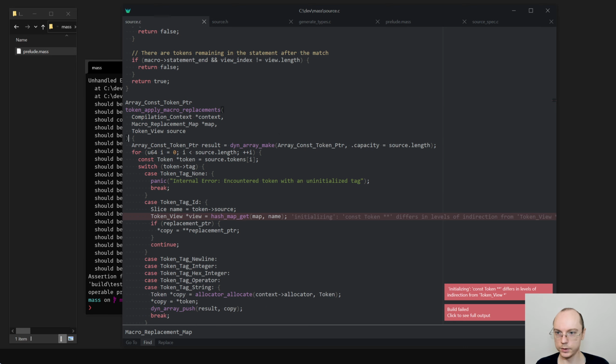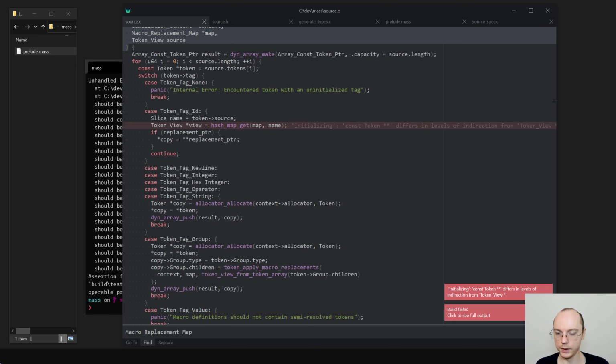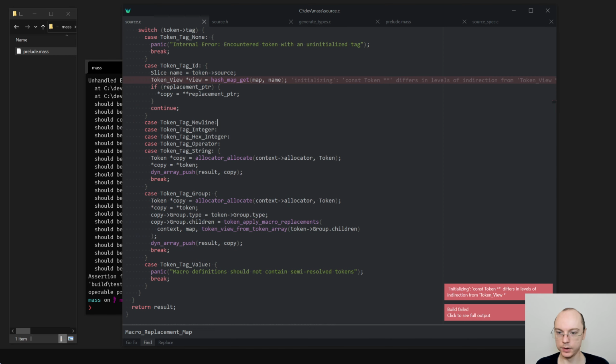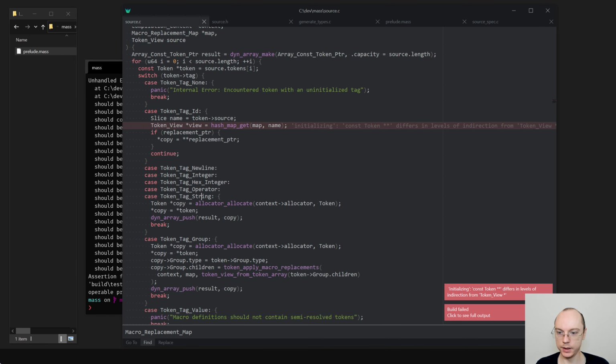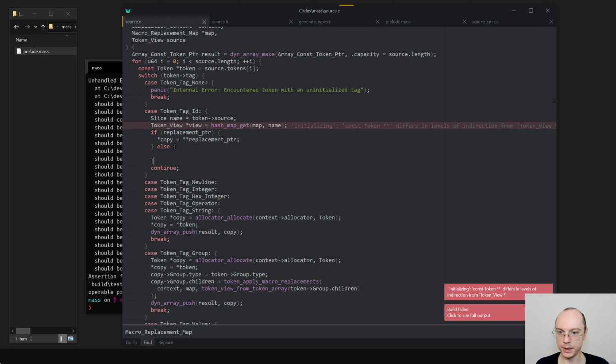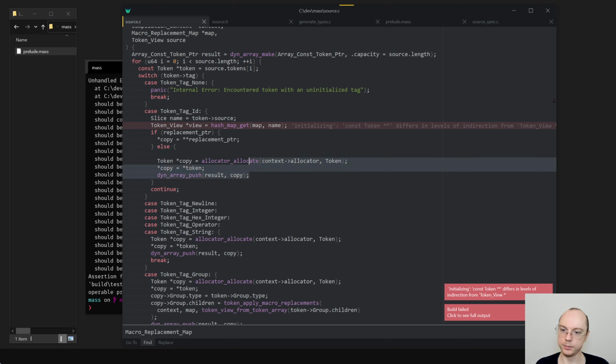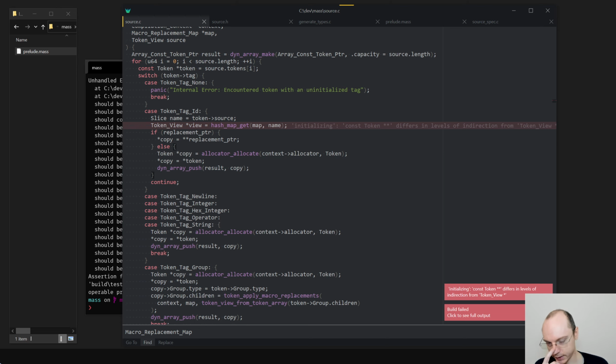So I guess I want to... how do I want to do this? It's awkward either way. Basically, in one way we will allocate an extra thing. In the other way we will have a bunch of copy paste. Okay, fine. This will work like this.